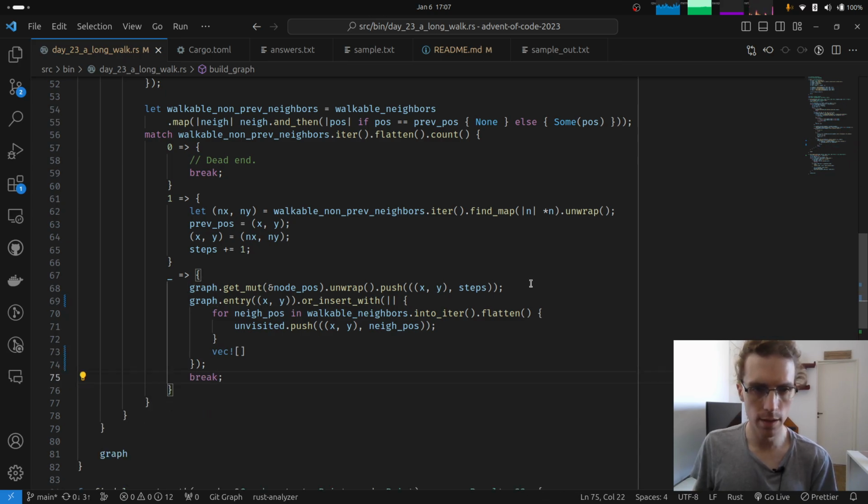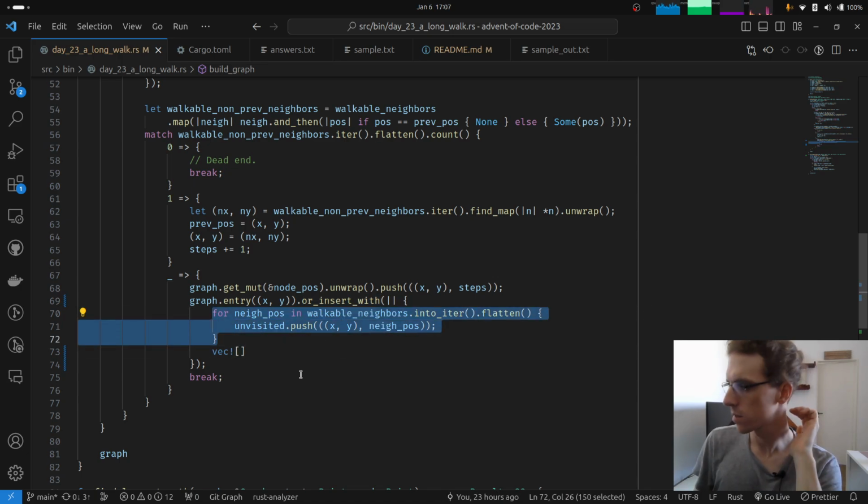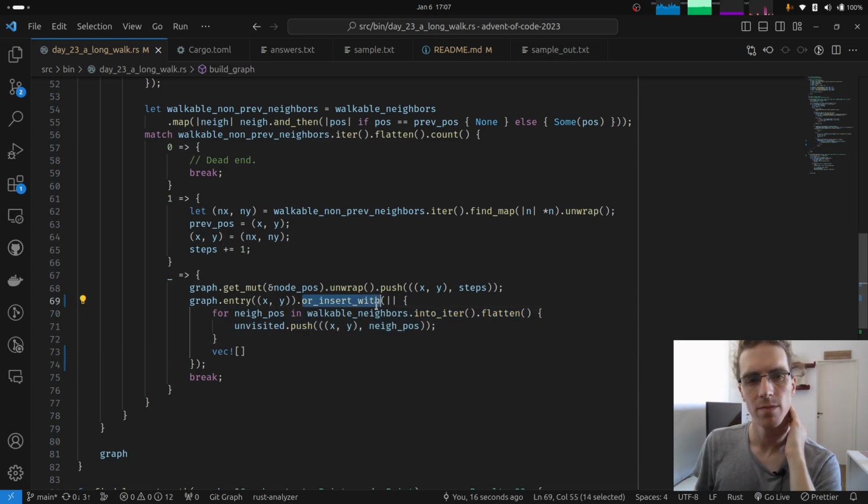So I think that is basically what Clippy would want us doing. What I don't like about this is that we are putting this kind of side effect on here,